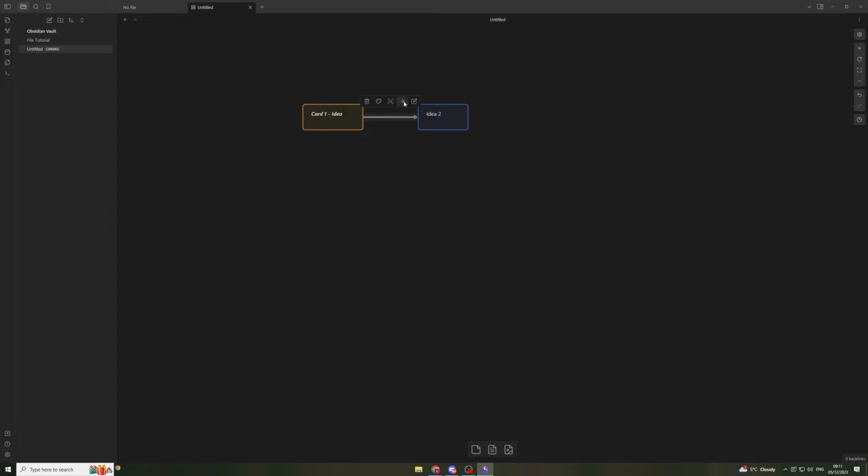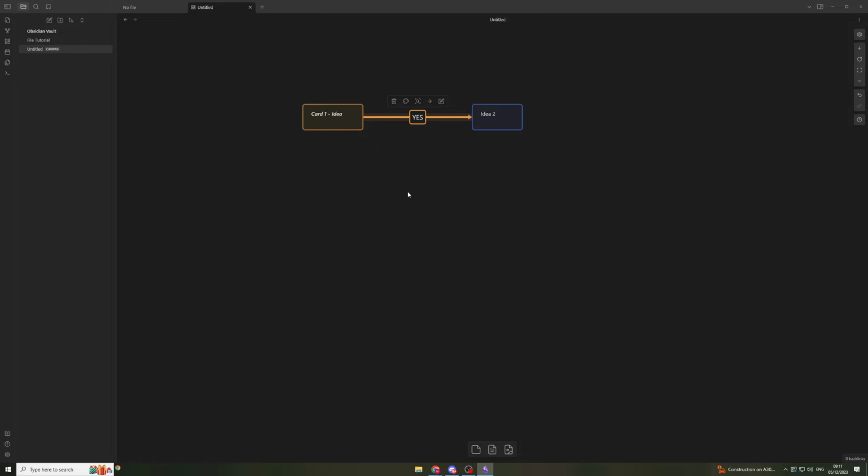I can click on this line. I can change the direction. I can have it so it's got lines on both sides. I can change it unidirectional, non-directional. I can change the color here. So if I want to change this, I can do that. And I can even press this little edit icon here. And what this edit icon allows me to do is put text on it. So I can put